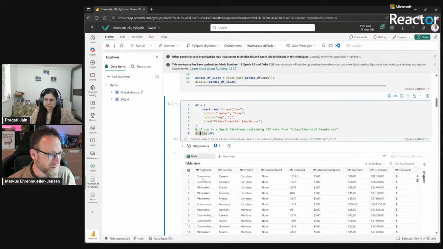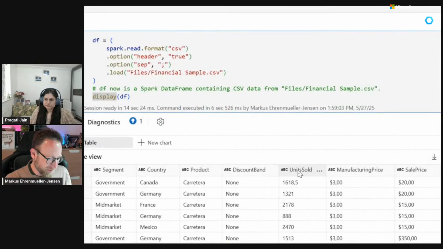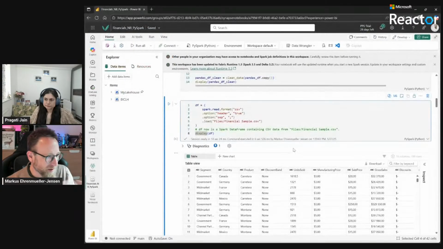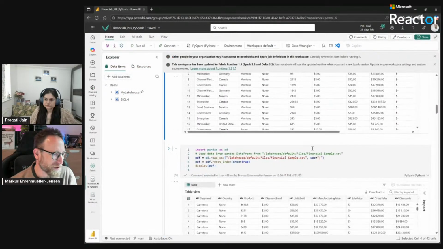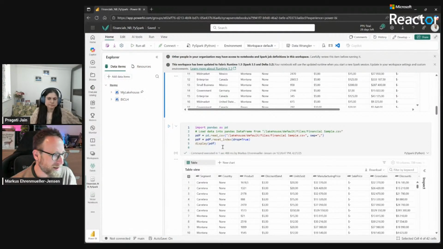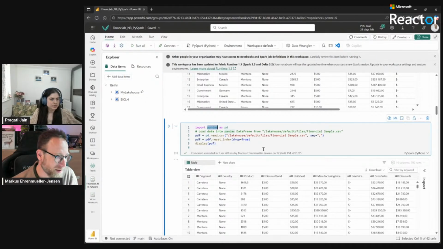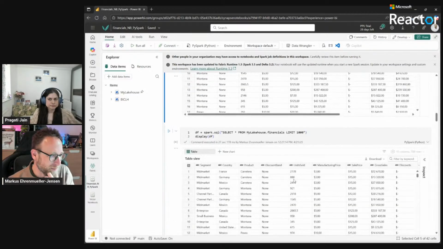As you can see here, this is a wide table containing the segment, the country, and so on, units sold. And what we also see, as it was a CSV file, is that units sold is still text, as you can see here, and not numbers. So now we need some skills in Fabric to import this further into a pandas data frame, for example. You can also work with pandas, which has more opportunities to work with. Again, same thing. No data was transformed into the correct data type, but we want to keep working on that.